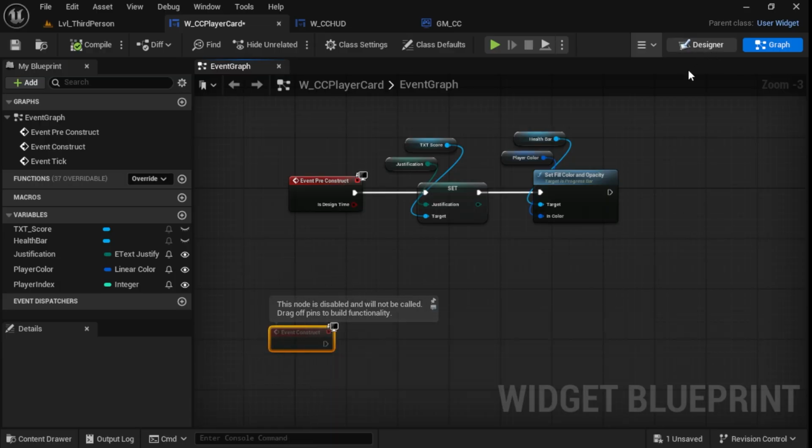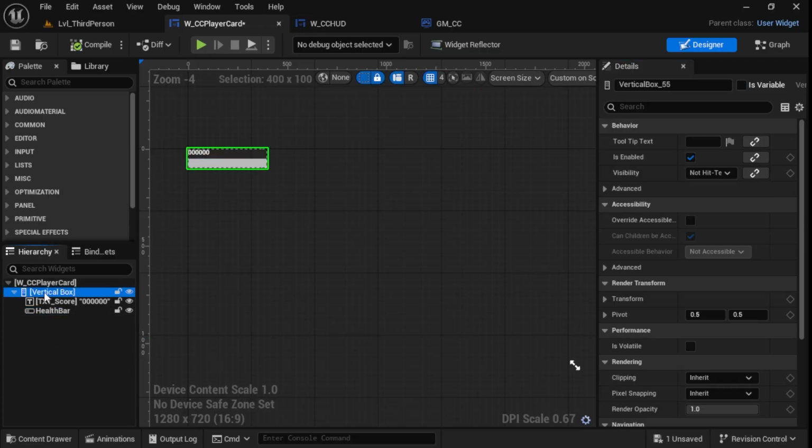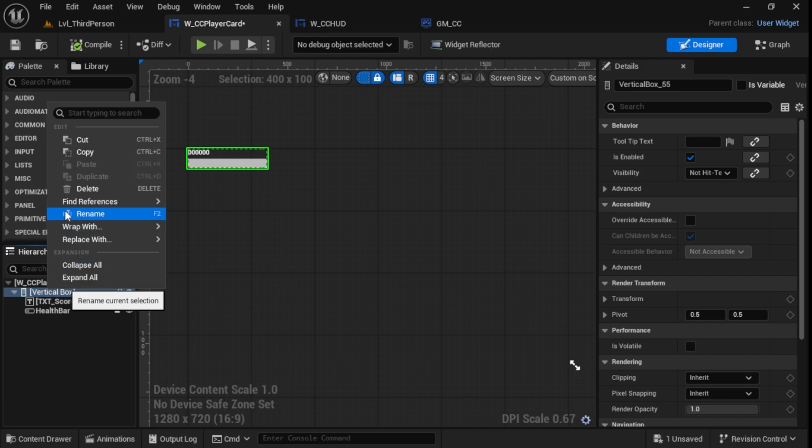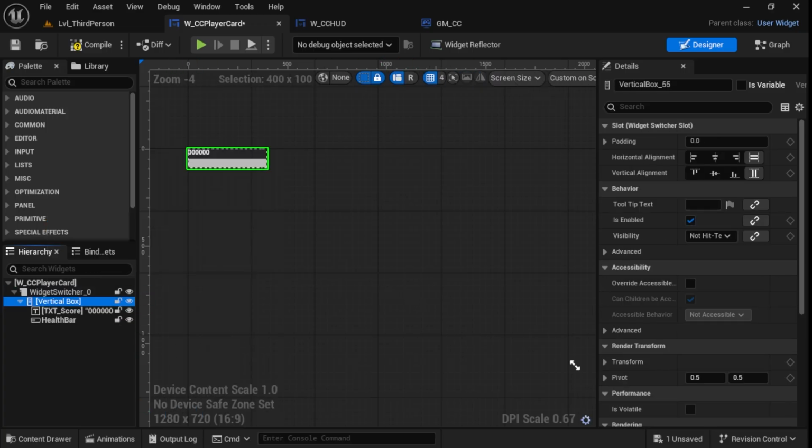So let's go back to the designer real quick. We're in the player card right now, in case you weren't quite sure where we're at. I want to click on this vertical box right here, right click on it, go to wrap with, and we're going to do a widget switcher. Okay, so what a widget switcher does is it allows you to switch between several widgets that are in the same